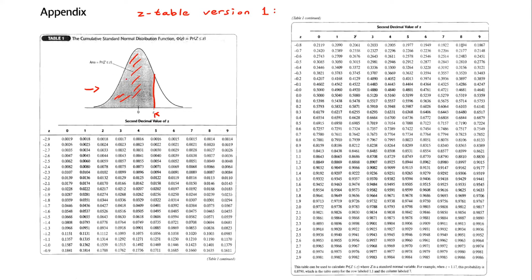This is a probability. And this z function is a probability function because if you take the whole area around here, then it sums up to 1, which is equal to 100%, right? But we are interested in finding the tail probability, which means that we have this z number,